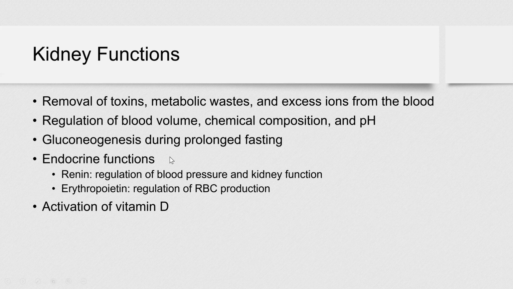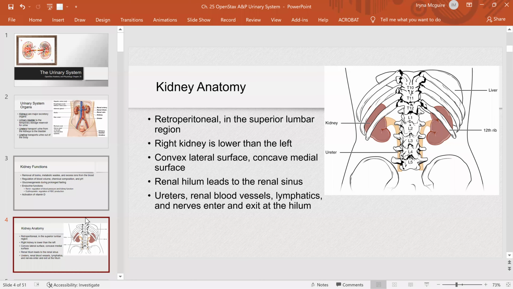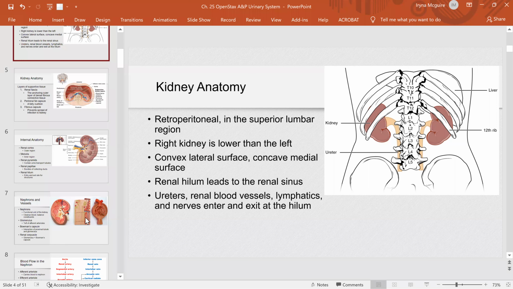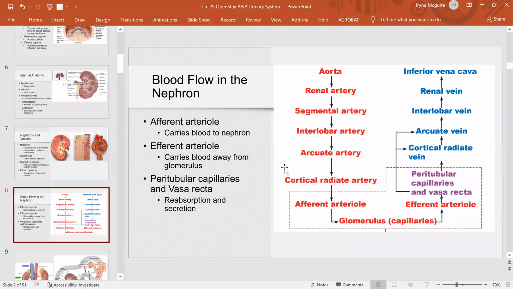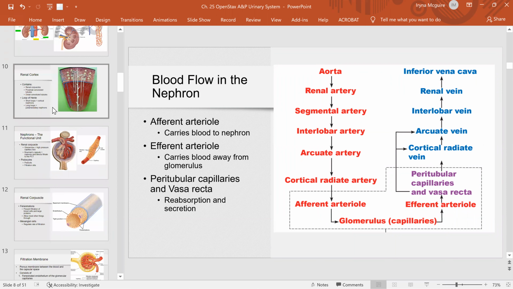And plus they have endocrine function, activation of vitamin D, but I covered this part in the first lecture on the urinary system. So make sure you watch my first video where I talk more about those functions, right? I also already covered where kidneys are located, they are retroperitoneal, and so on. I also covered these blood vessels. And remember, we also said that,